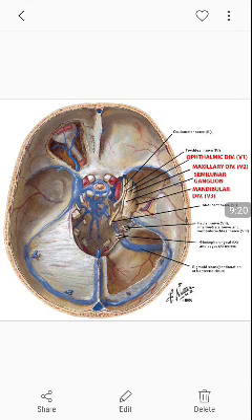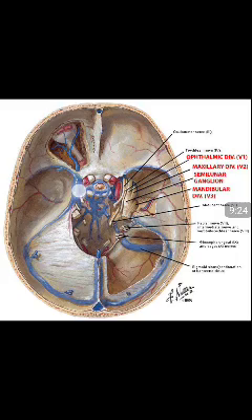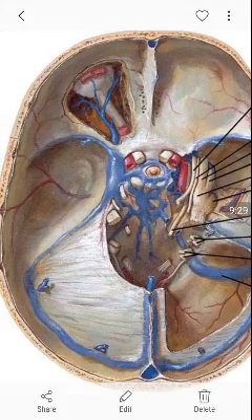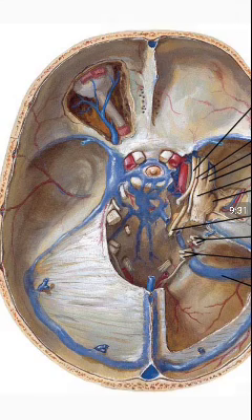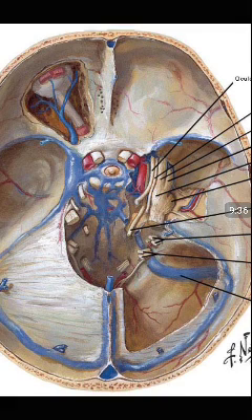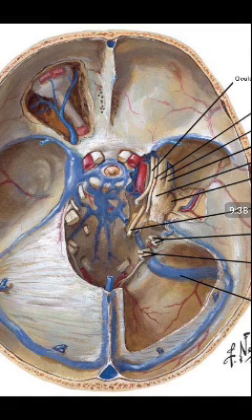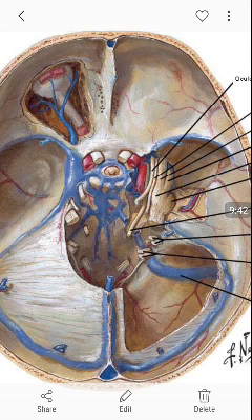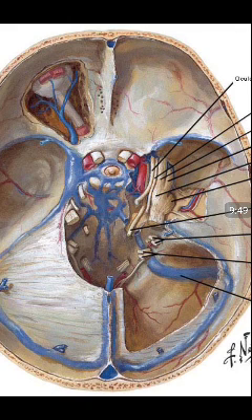Here you can see the cavernous sinus on both sides of the body of the sphenoid, and this is the superior petrosal sinus, which is joining the sigmoid sinus. Here is the inferior petrosal sinus. It crosses the jugular foramen and joins the sigmoid sinus, and it becomes the jugular vein. The cavernous sinus is shown on the left side, but on the right side it has been removed just to show